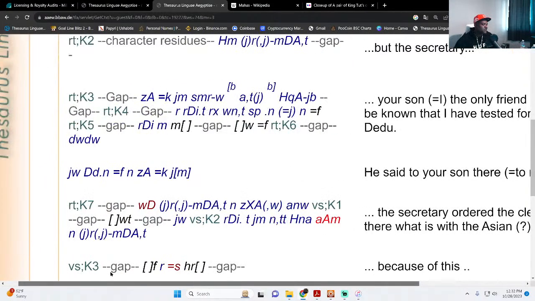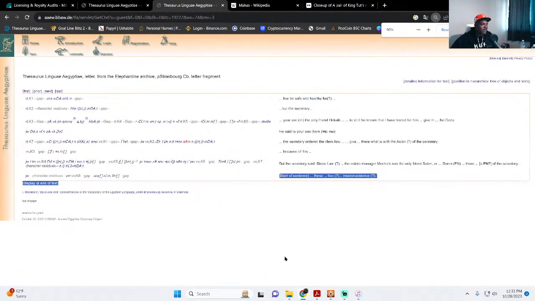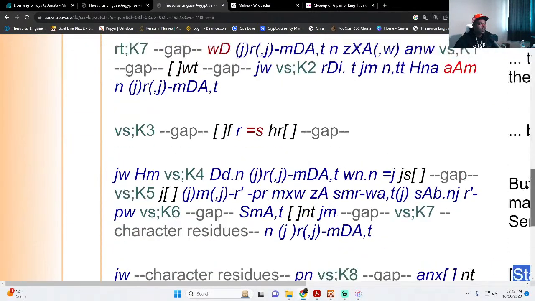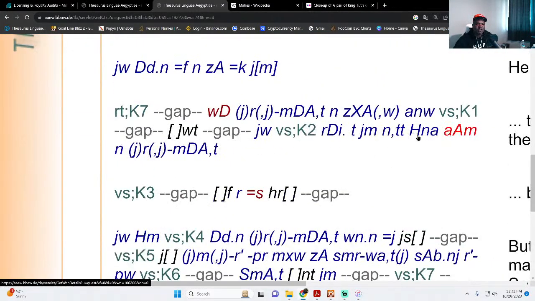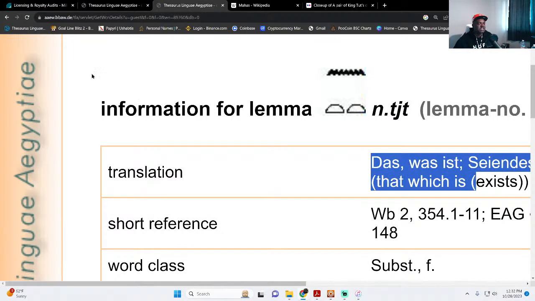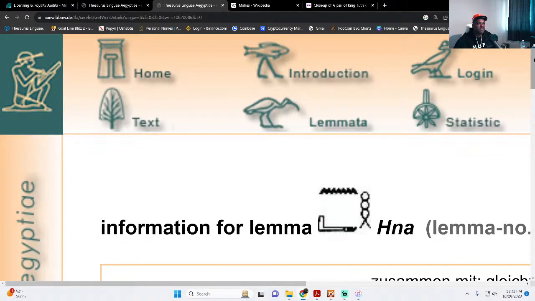Now, if we go into the transliteration of the Meta Nature, it clearly says with the Asian. Okay? Hena means with. Let me show you. And we'll qualify this with the dictionary of the TLA. Hena, which occurs before A'am, which is the Asian, with the Asian. So what's with the Asian? First, we'll see what's with the Asian. This is that which is, look, with, together with